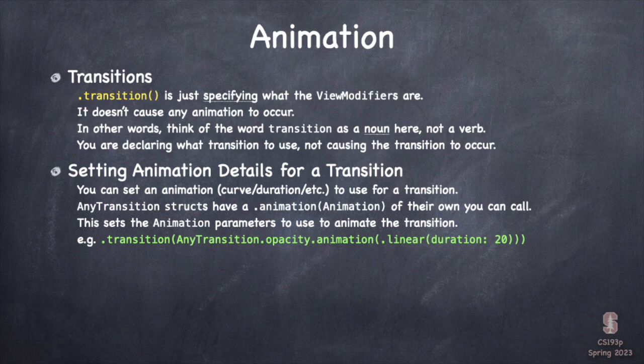So people get confused by that. This dot animation is part of the transition. Normally we don't do this. We allow whatever our explicit animation that's happening or even our implicit animations happen to affect it. But if you needed to override it, you can do it.